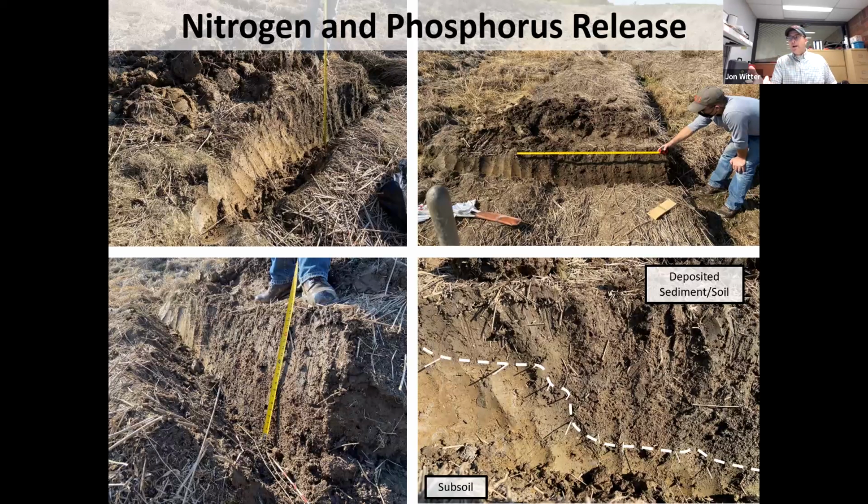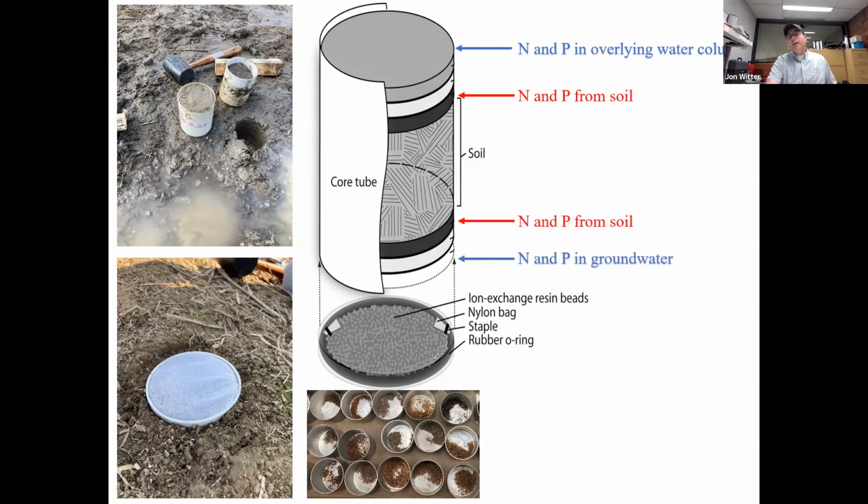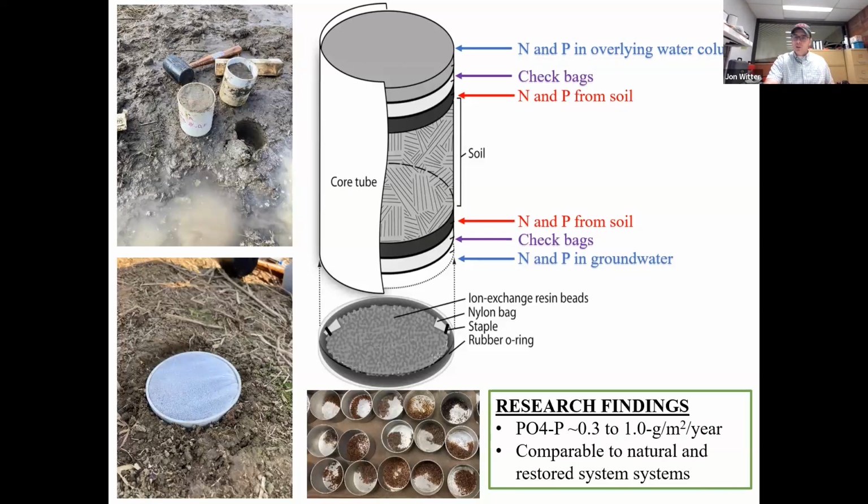One of the things that we worry about is how much might be released. If we're trapping nitrogen and phosphorus on site, how much might be released and sent down into Lake Erie, into the environment? So we've done a lot of looking at nitrogen and phosphorus mineralization. So we use these cores. There are bags of resin beads that trap what comes in from the overlying water column, what comes in from the groundwater, and what's being released from the soil and potentially back into the overlying water column. And then we have 2 check bags. And to make a long story short,